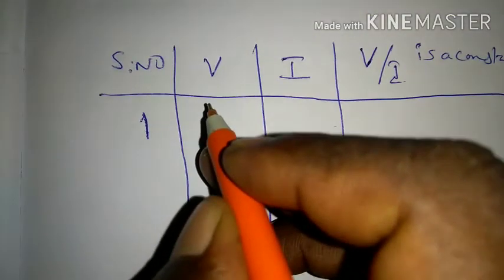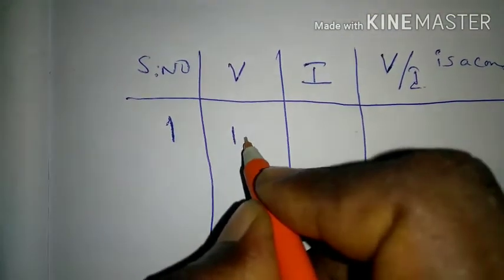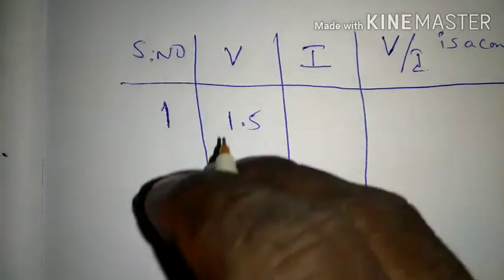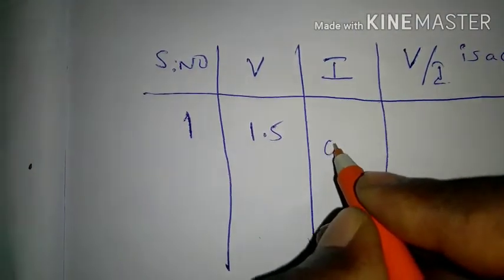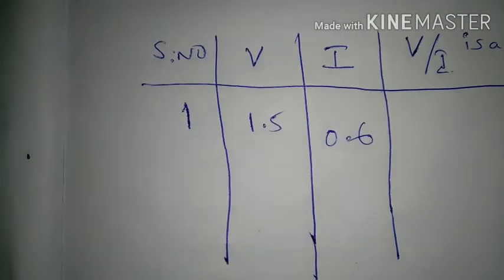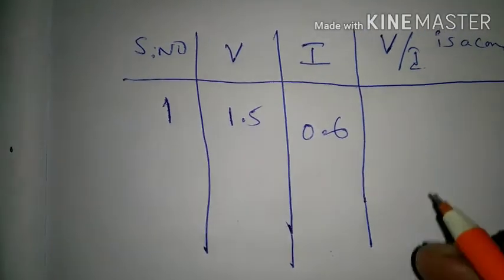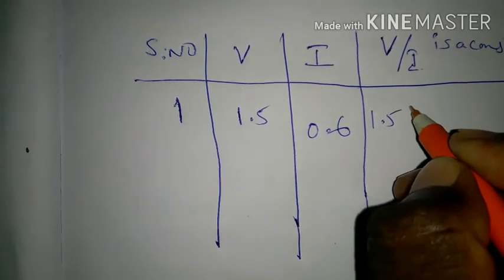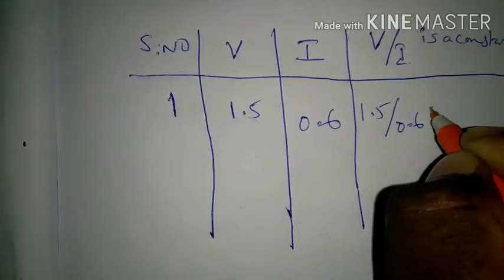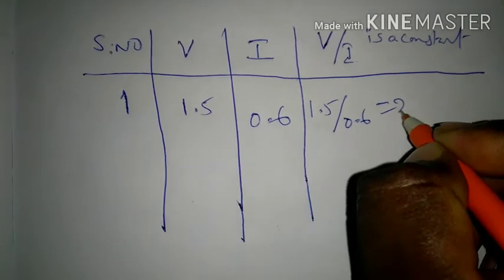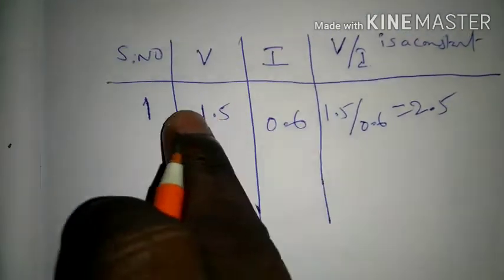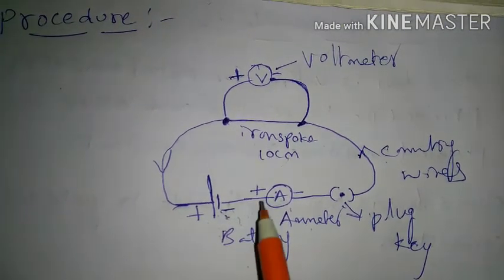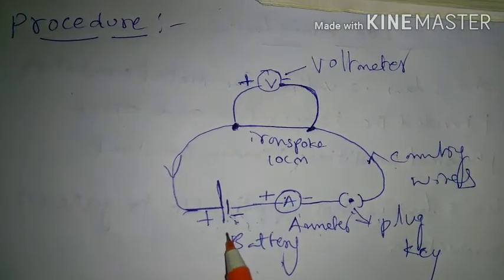Voltmeter value 1.5. Current value exactly 0.6. Voltmeter value 1.5 by 0.6 is equal to 2.5. This is the first value. See the diagram. Now connect two cells